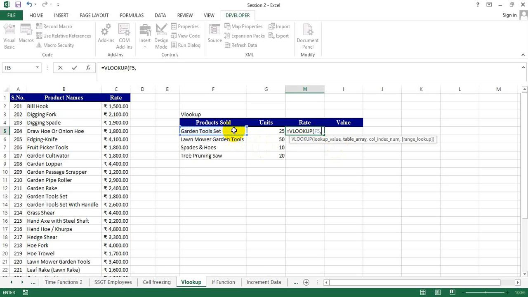So always remember that whenever we are using the VLOOKUP, the table array that you pick up, the first column of that table should have the lookup value. So if I was looking for garden tool set, I cannot be using the table array starting from column A. It essentially would always be starting from B, because column B has the name of the values that I'm looking for. So here